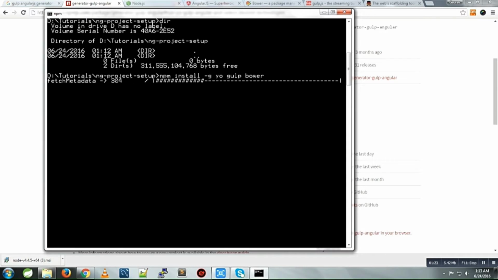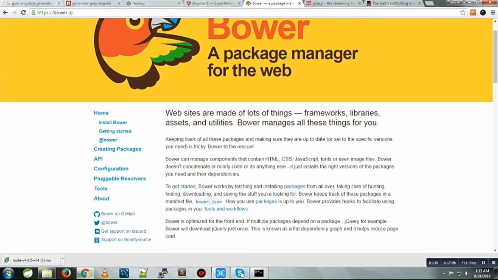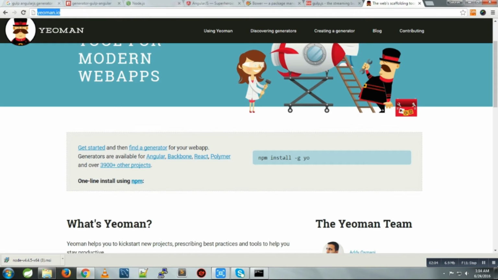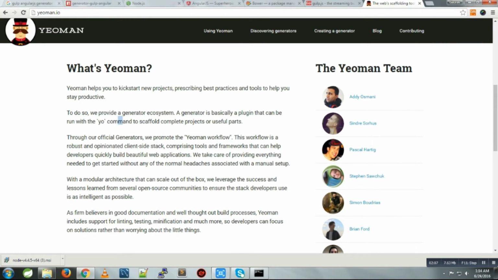In the meantime, let me give you a brief on Bower. Bower is a package manager for web applications. It's used to install different packages for your environment, so you can manage your utilities. Gulp automates and enhances your workflow. It is a build system tool which is used to minify, concatenate and combine source code, reload your browser, and compress images. It does many things. It automatically compiles your code and runs it in your browser. It is very fast. You can define your own tasks in Gulp, like environment specific tasks. Yeoman is basically a generator tool which is used to generate